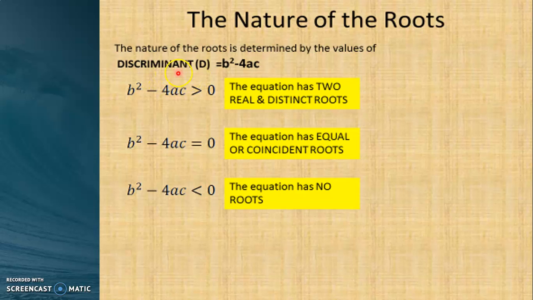What is discriminant? All right, so b square minus 4ac. Now I'll tell you in the next coming slide what is this a, b and c. If you remember quadratic equation students, ax square plus bx plus c, the standard form of quadratic equation. From there we get the values of a, b and c. So substituting these values and then we will check. So first case, b square minus 4ac, this is inequality of greater than 0. If the inequality b square minus 4ac is greater than 0, so what will be the nature